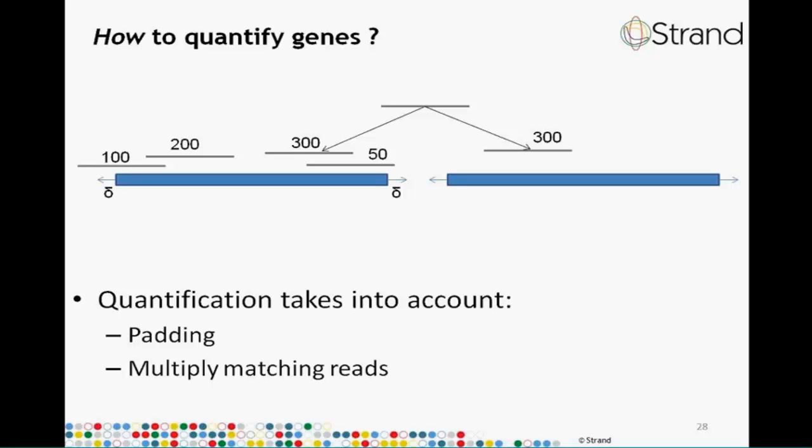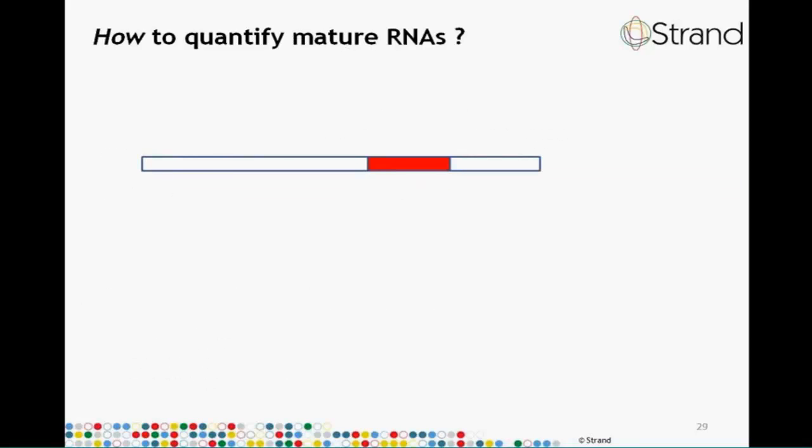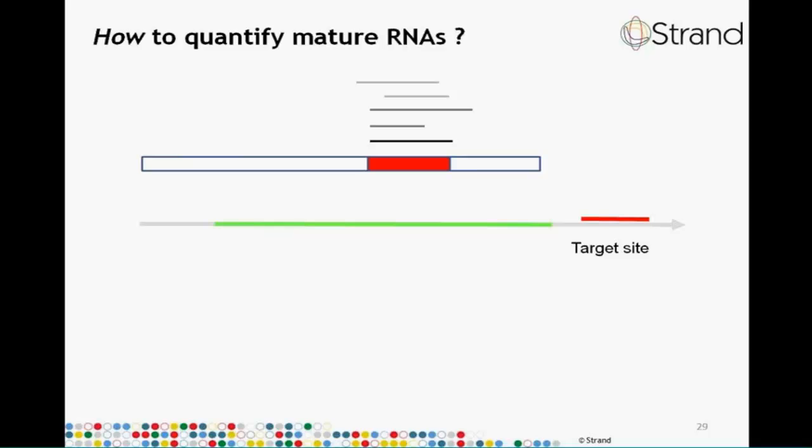So now that we have seen how to quantify genes, let us see how to quantify active regions. Here I have shown a precursor gene with a single active region in it. In other words, the active region will give rise to a mature RNA which will bind against a particular target site. Now in the binding of the mature RNA to the target site, the bases from 2 to 8 of the mature RNA are very crucial to the binding process. So if we had a lot of different reads originating from the gene, and I've shown 5 different such read sequences, the read sequence at the bottom